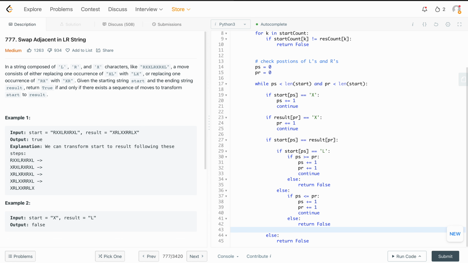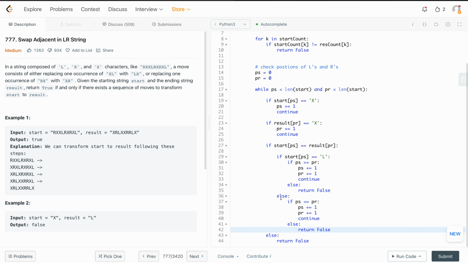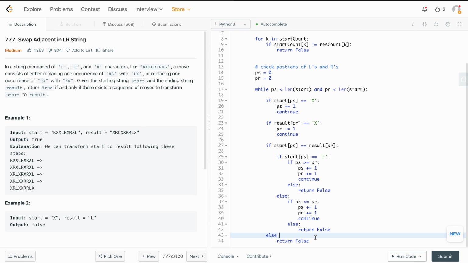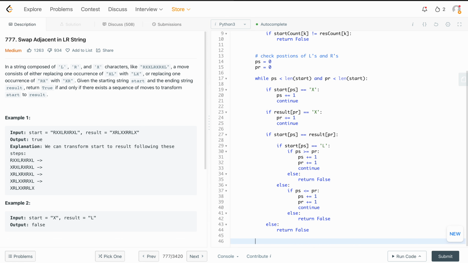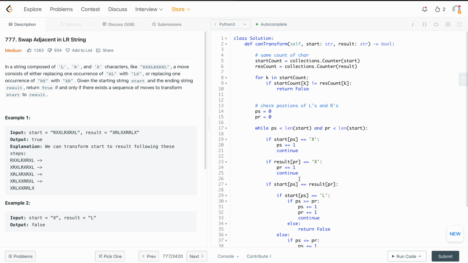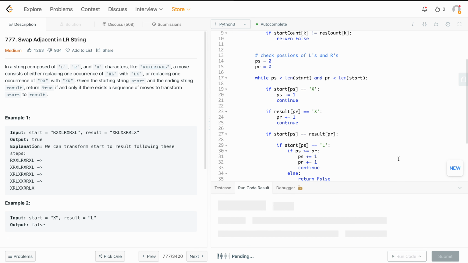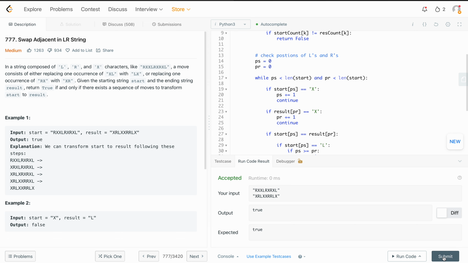So essentially this is the whole program, the solution. And here, if it's all correct, we return true. Let's check it out. Seems correct,